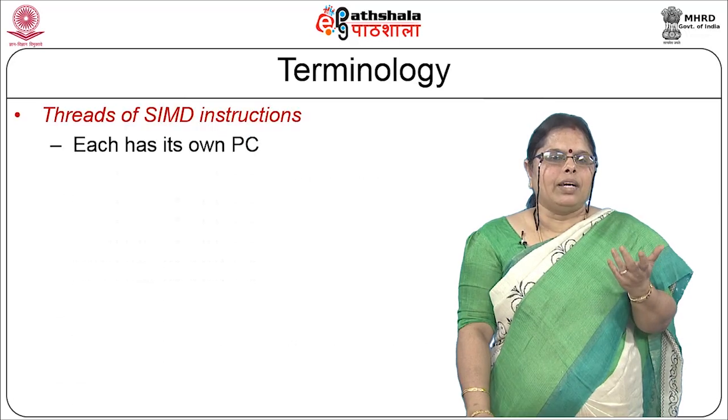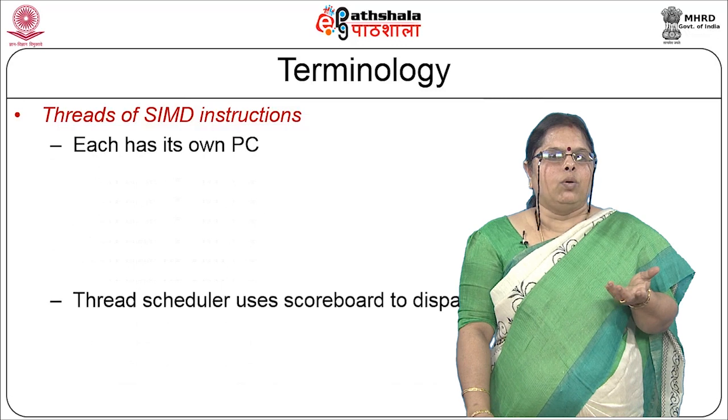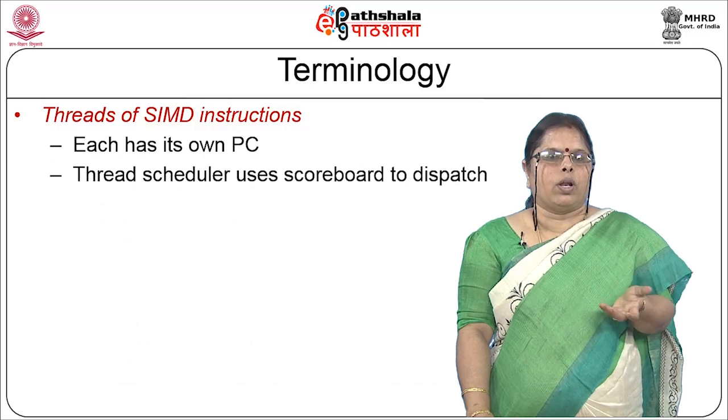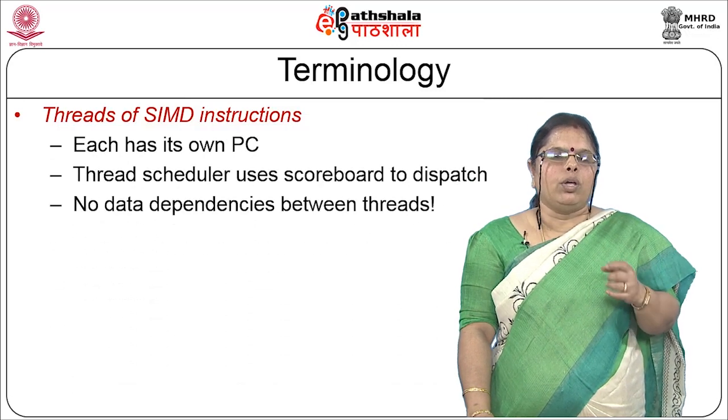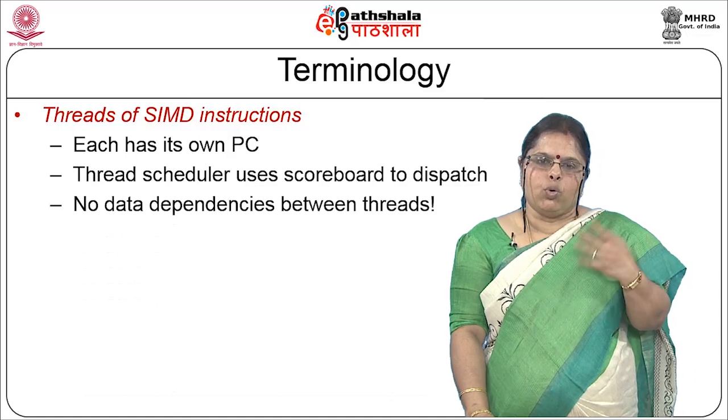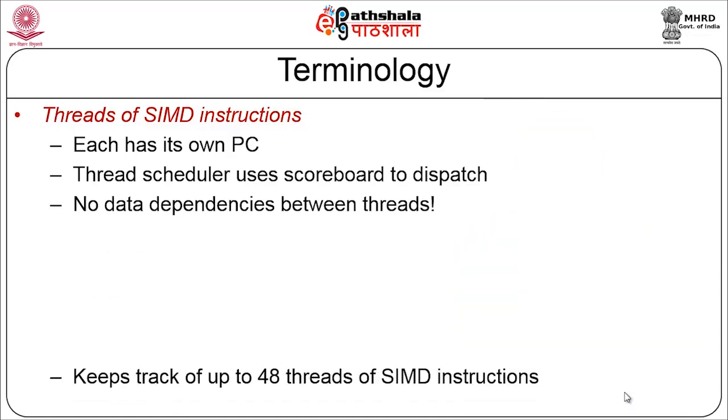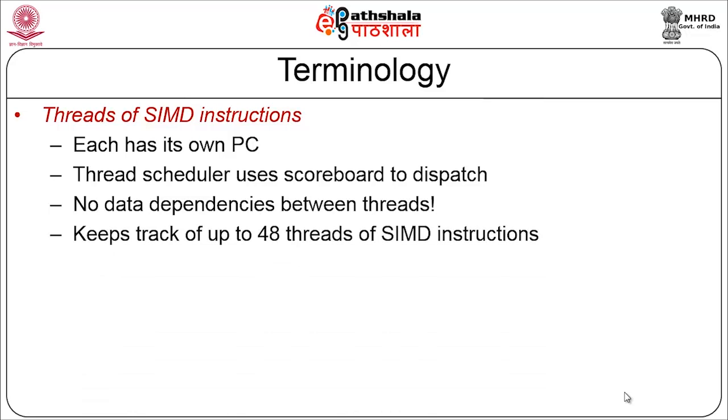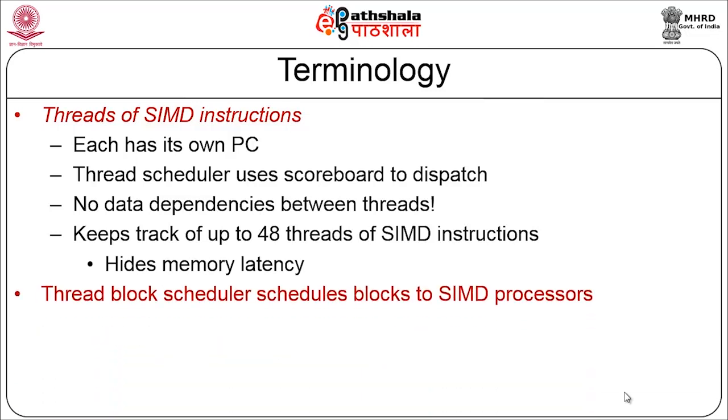So you have threads of SIMD instructions where each thread has its own program counter. A thread scheduler uses a scoreboard to dispatch, so you have out of order execution there. There should be no data dependencies between threads, and you keep track of up to 48 threads of SIMD instructions in a typical architecture. You try to hide the memory latency, and the thread block scheduler schedules blocks to SIMD